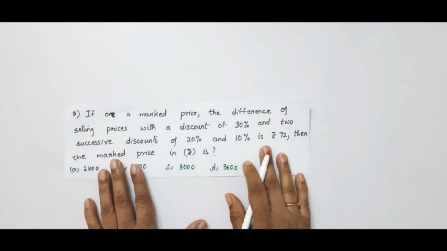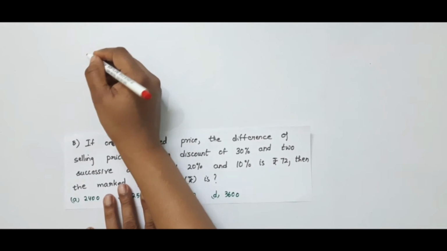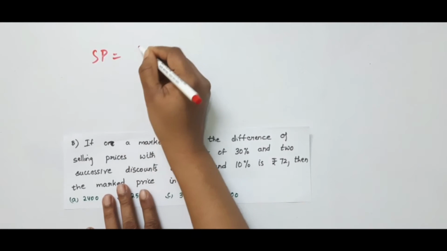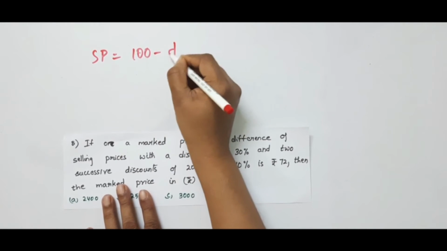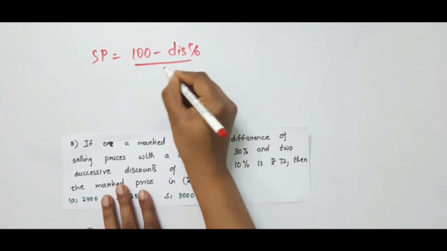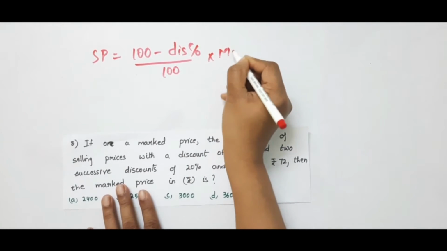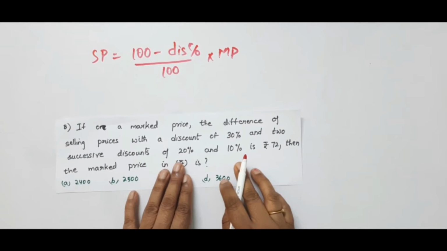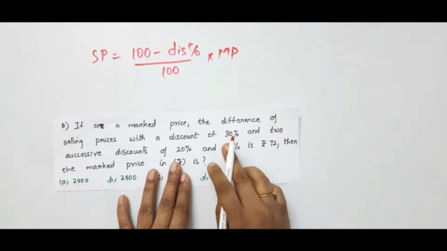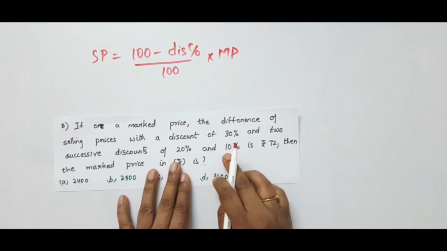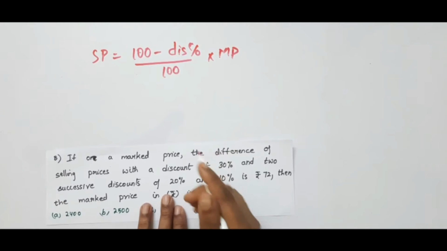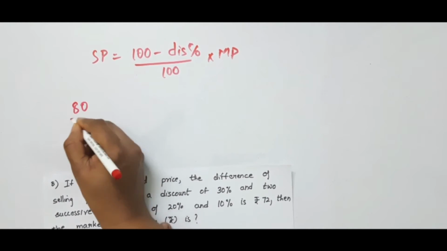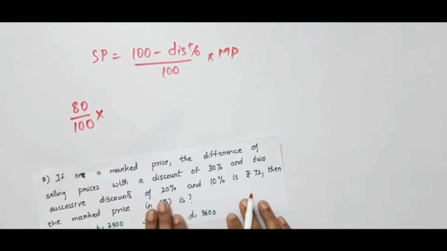We know how to find the selling price when they give the market price. But here they didn't give the market price, so just assume it as market price only. The selling price is equal to 100 minus the discount percentage, by 100, into market price. Is it not? The same thing we are going to find. First we take the two successive discounts, as they said, the difference between this and this. First is 20%. So 20% means 100 minus 20 is nothing but 80 by 100 into